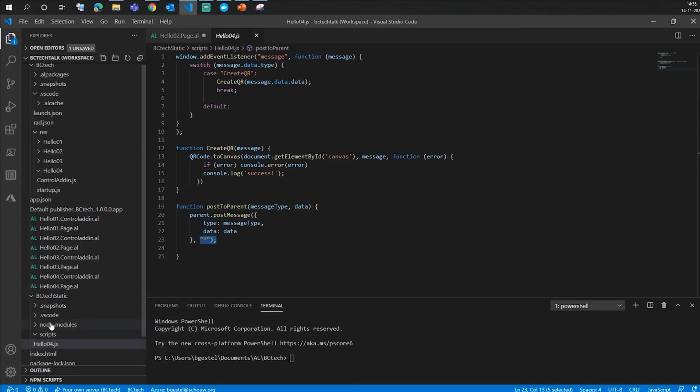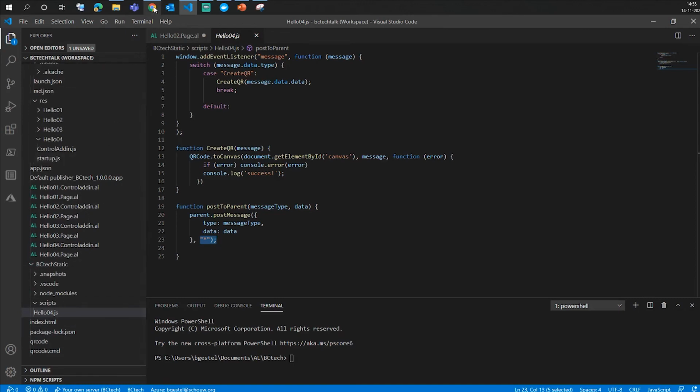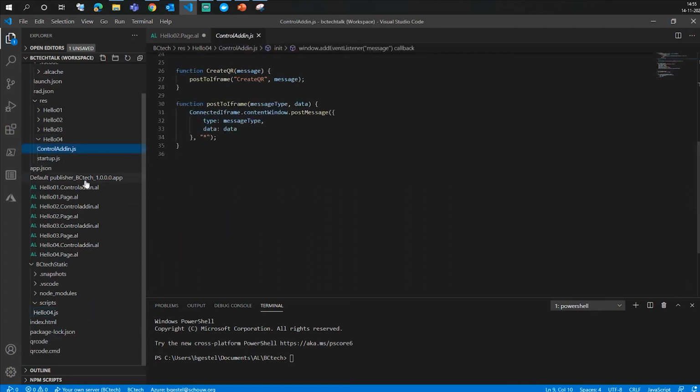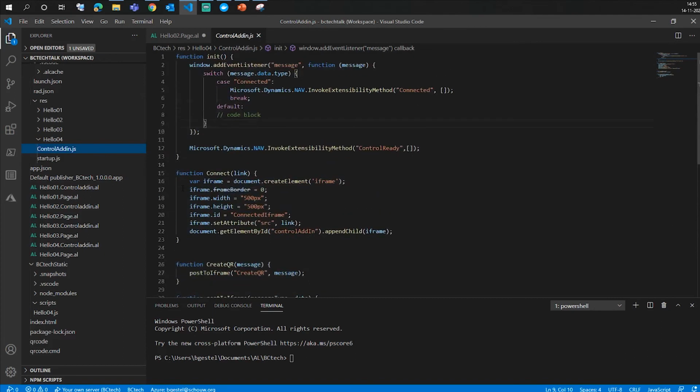So we've already taken a look at it, and we have a nice QR code here, but then how do we get that inside of Business Central? So let's go to the control add-in again. The first thing we have in here is a connect function. With this connect function, we can put in a website link, and this will create an iframe